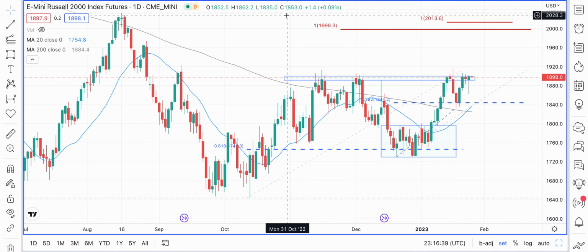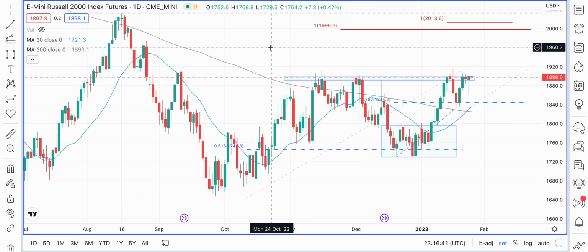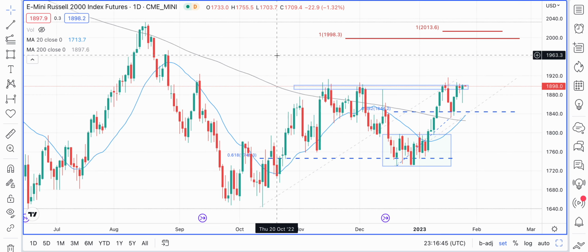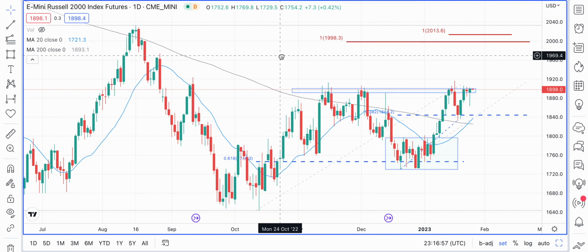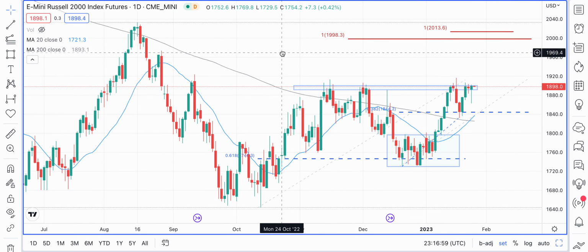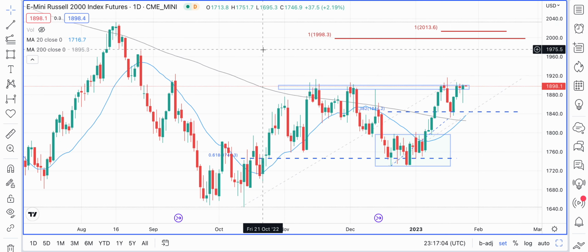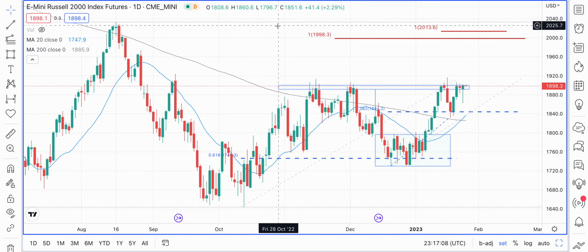So a lot of these indices, by the looks of it, are going for some sort of a double top formation, and we'll have to see how long it will take them to get to these levels. So this is what we are watching in the major US stock indices. And as mentioned before, for the next few weeks to few months, our bias is to the upside for the indices. These indices are likely to move higher and find some greater resistance levels, and from there we'll have to